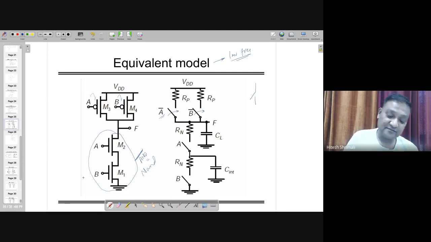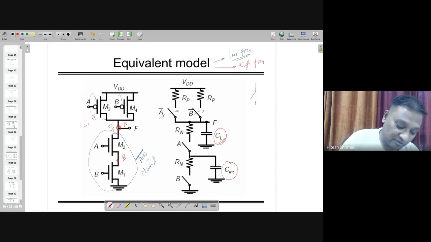But if you are considering high frequency also, then each of the nodes, like node A, node B, all these nodes are going to have an effective bigger capacitance whose names are CL or C int. So internal capacitance, and this is at the output, that's why it is named CL, the load capacitance. By the way, these capacitances are measured from what capacitances you are going to see over here. So one capacitance is this one.